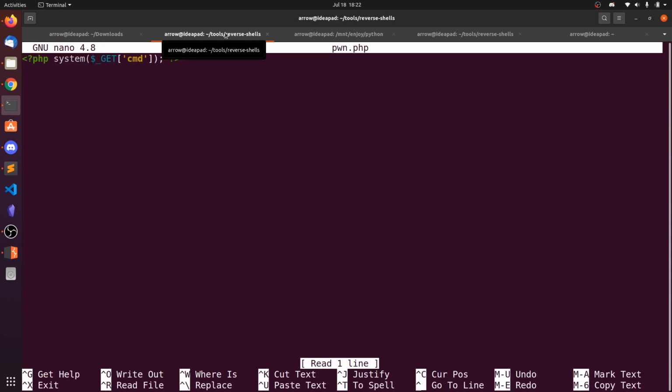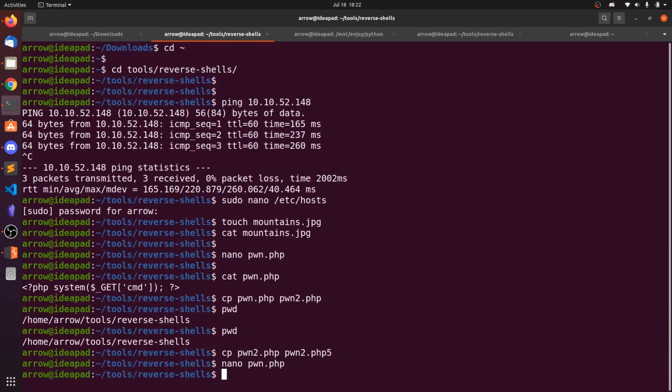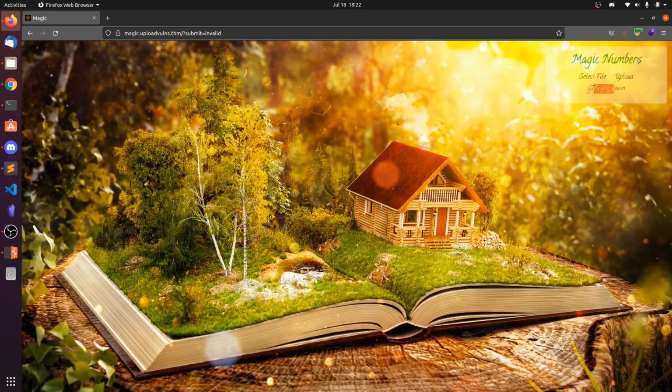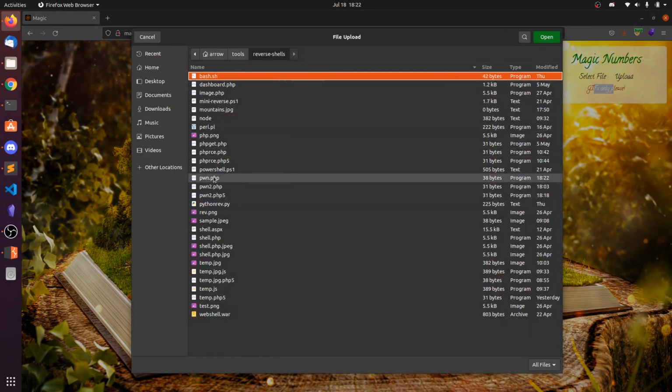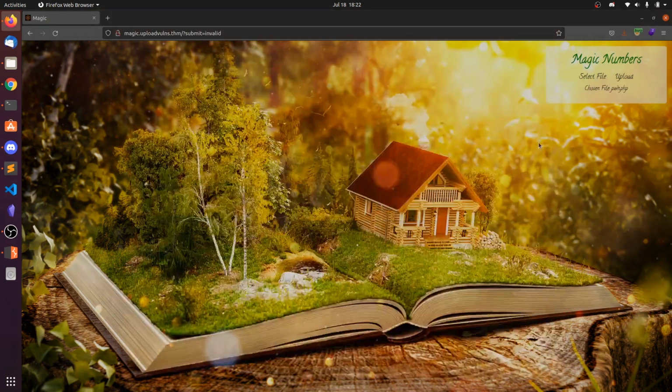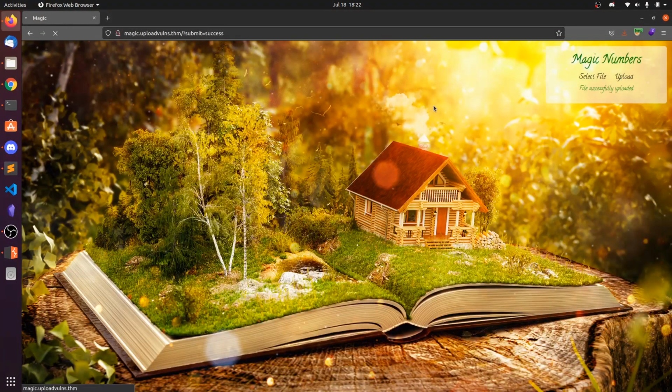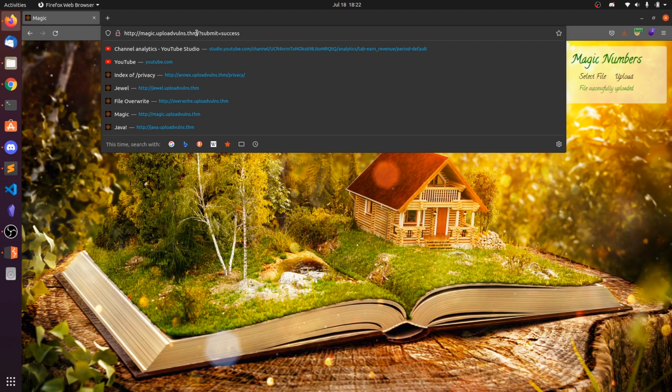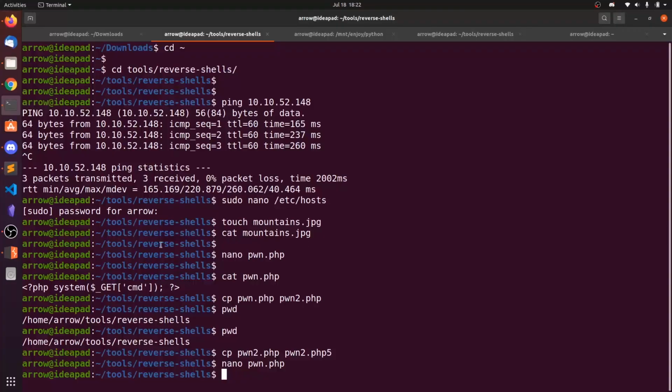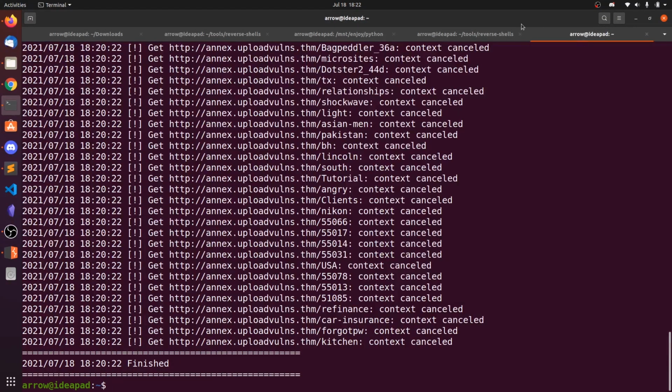edit the starting lines. So paste the ASCII content here, save this. Now let's try to upload the file again, and if there are any further filters, then we will deal with those filters. So let's try this pond.php and click on upload, and you can see the file is successfully uploaded. Again, I don't know where the file has been stored. Let's brute force.